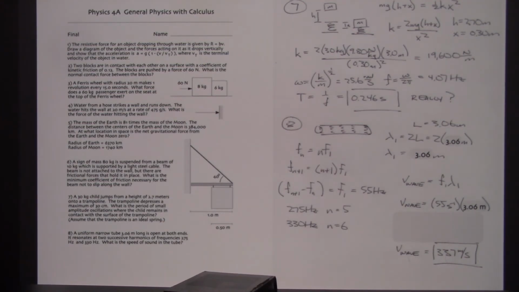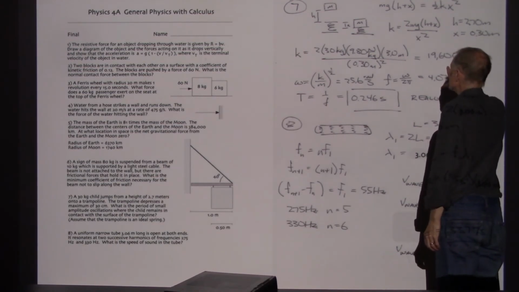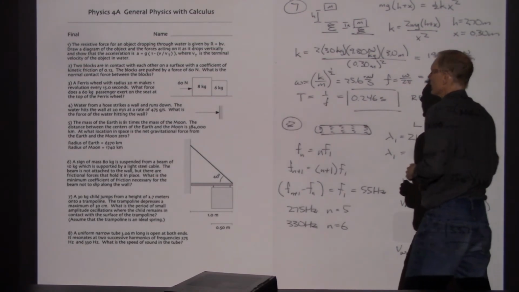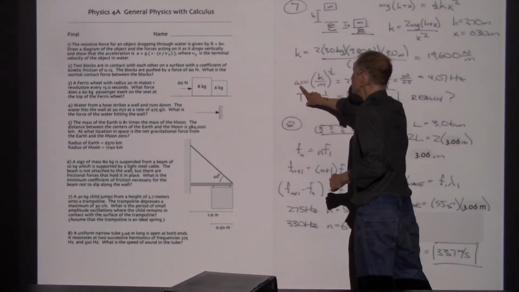Again, it feels like a pretty stiff trampoline to me, if the kid jumped off the house and it only depressed 30 centimeters. Anyway, 19,600 newtons per meter. I think they need to release the tension on that trampoline. What we can do now is go, okay,